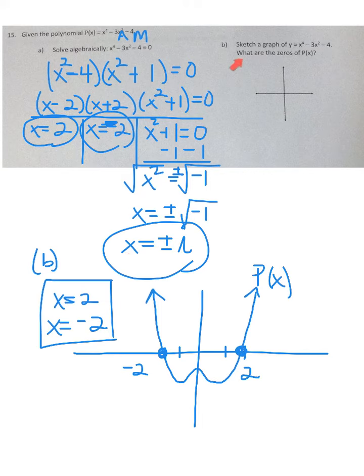However, in part B, they want to know what the zeros are, and the definition of zeros is where the graph hits the x-axis. So that would be at -2 and +2 as well. x equals positive negative i would not be zeros, because they don't hit the x-axis. Which leads me into part C, and part C asks, are solutions to the polynomial equation p of x equals 0 the same as the zeros? So we would say, no, they're not, because